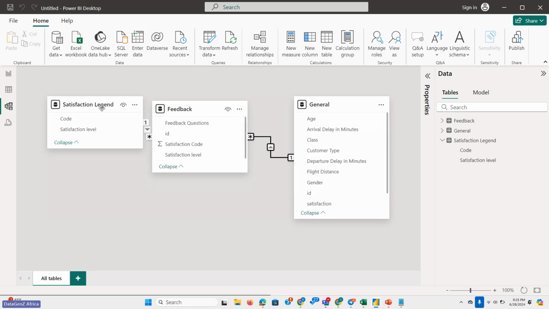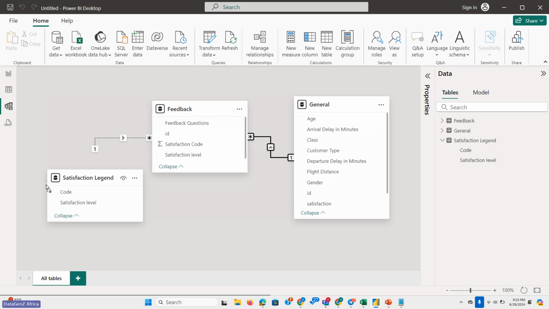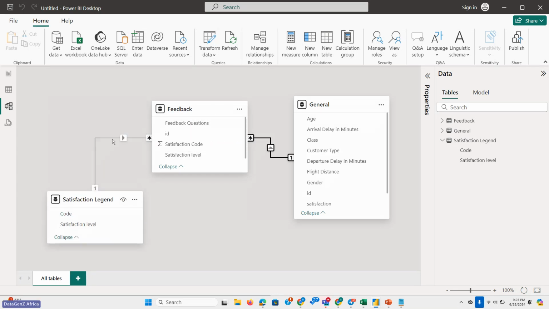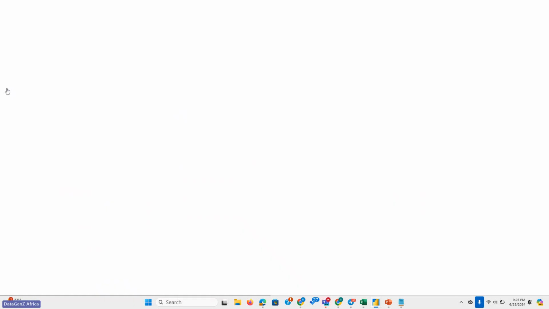But then I've merged this satisfaction legend, I don't need it anymore. I don't need the relationship because actually the table has been merged. If I didn't merge them together, I might need the relationship on my report, but I don't need it anymore because I have merged those. Remember when we were doing our merge queries, we had merged the satisfaction. If we go back to the feedback table,